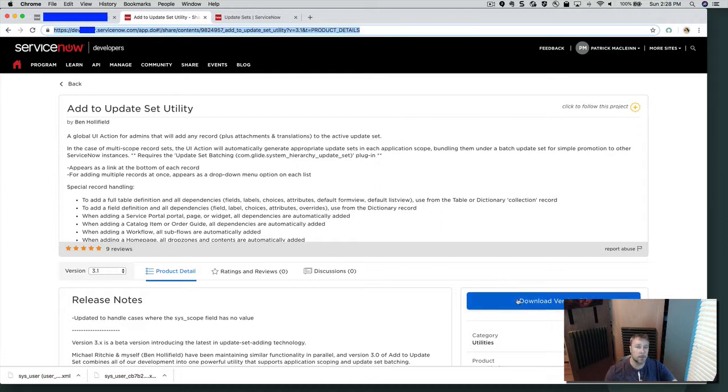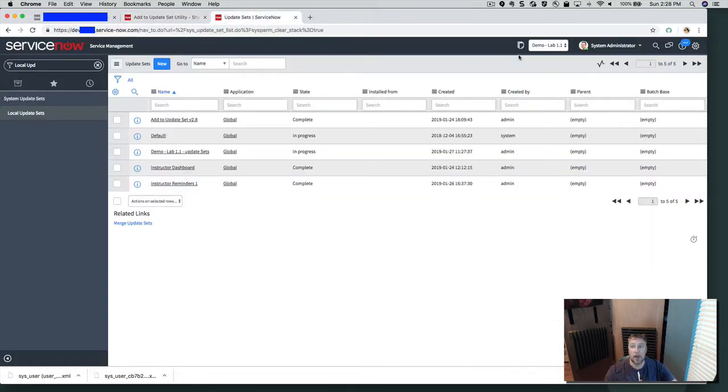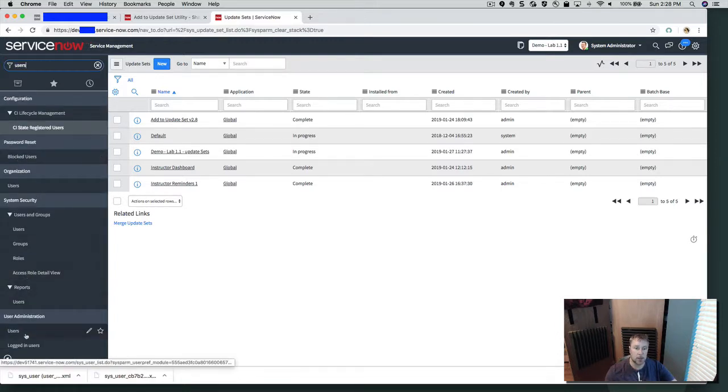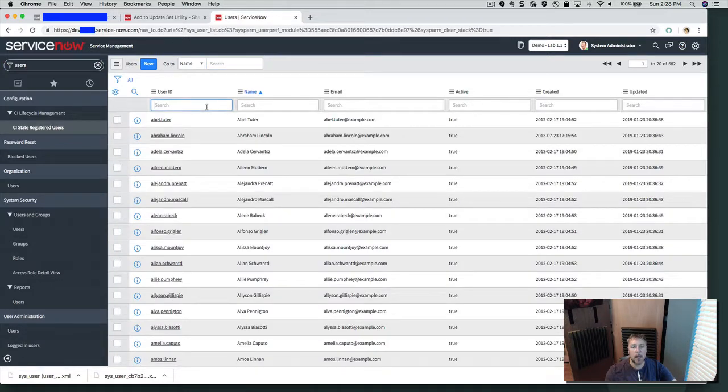You'll notice that we're up to the most recent version. Ironically, this is an update set. So to use the Add to Update Set utility, you'll have to add the update set to your instance. Now, how it works. When I have a current update set like Demo Lab, if I go to bring in some record, so for instance, let's go to users. I just so happen to have a record in here called